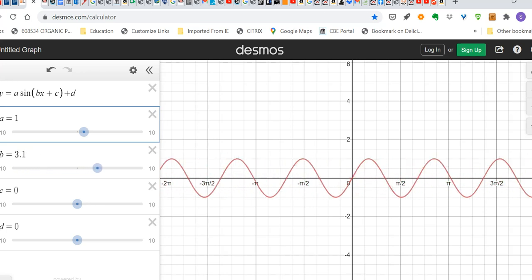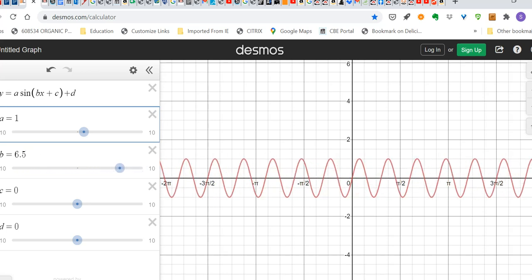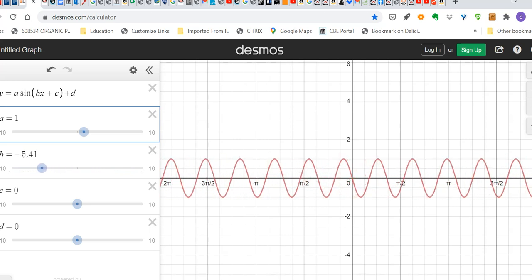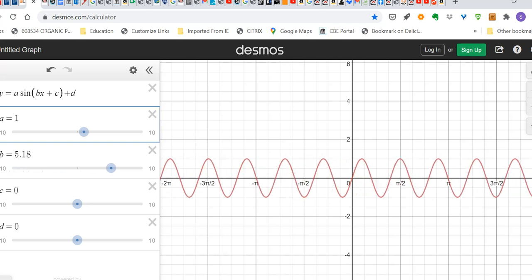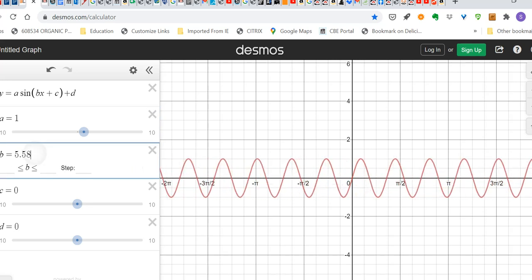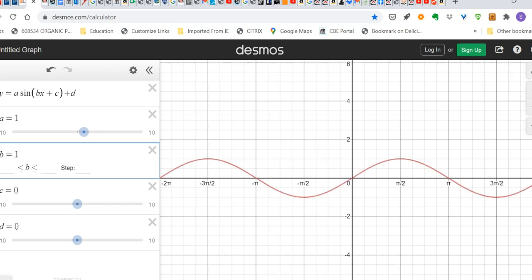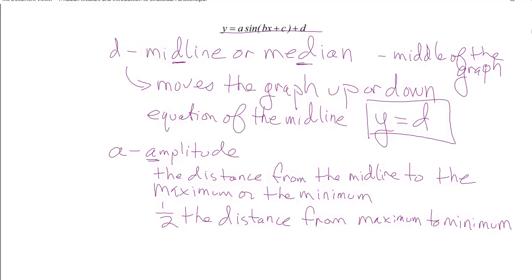So what's b doing? It's a horizontal stretch, right? It's stretching in a horizontal direction, left to right. Okay, so how are we going to describe that? So I'm going to set b equal to, so notice if there's no value of b, then there's no function, right? So b, there's 1. So b,